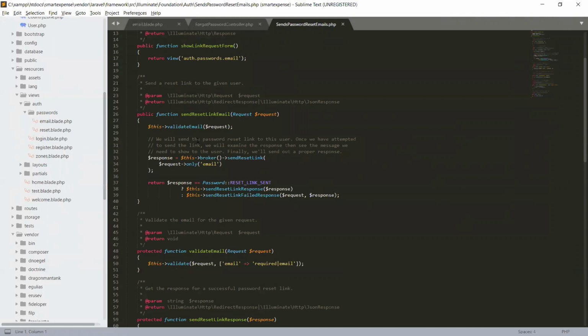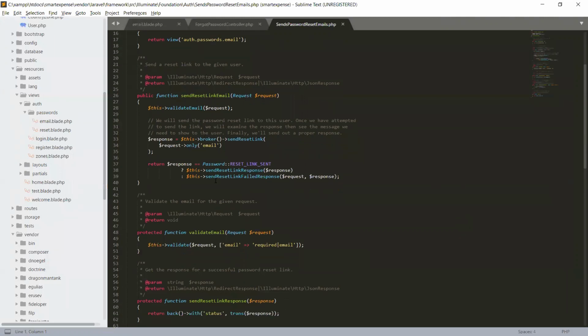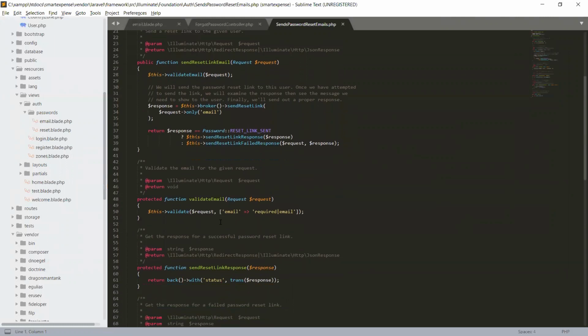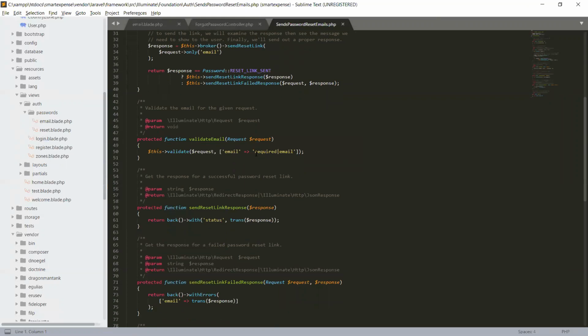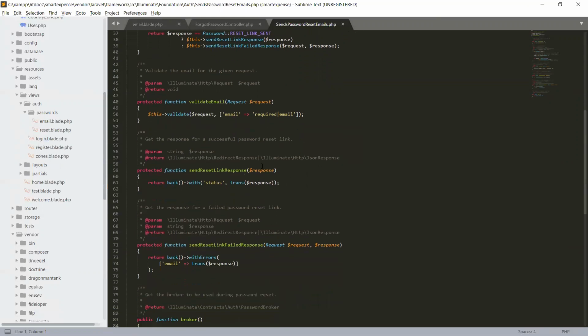If the email is not valid, it will send a response with only the email. The validateEmail function validates the request email as required and email. If this is not a correct email, it will send the error message with the status.